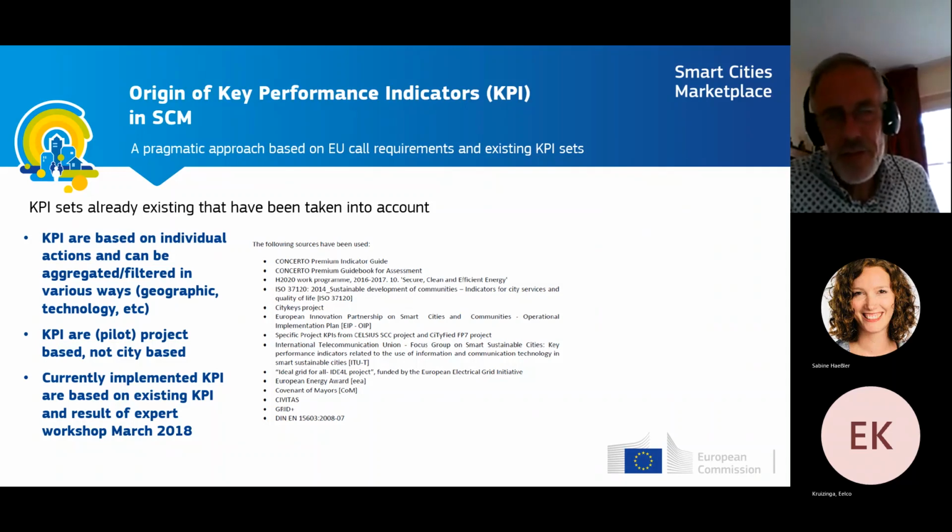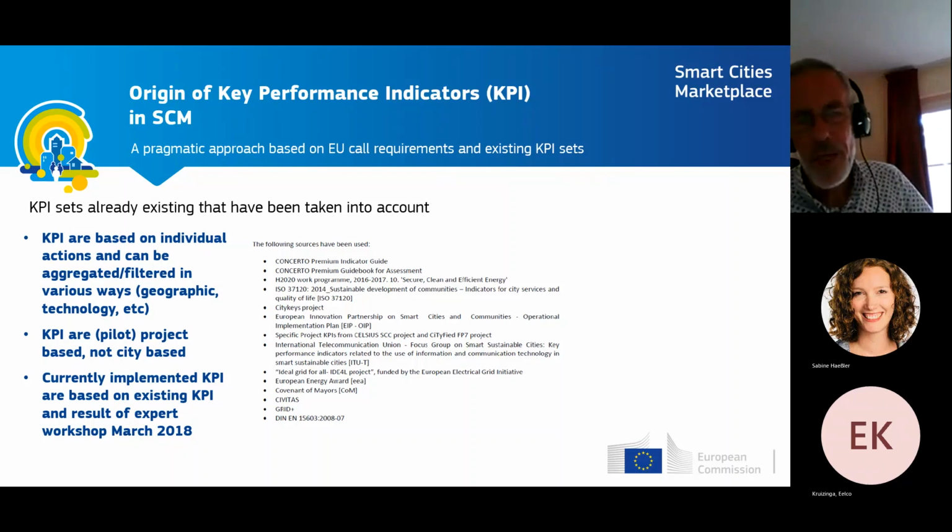To come back to this ISO standard, this was our main source of information. It contains about 400 indicators for smart cities and communities. But as you can imagine, it contains many elements. It contains things like livability, clean air, energy consumption, CO2 reduction, safety, and so on, leading to this large number of KPIs for which it was hardly possible to convert that kind of thing into a tool that was useful for the EU for keeping track of promising technologies that were